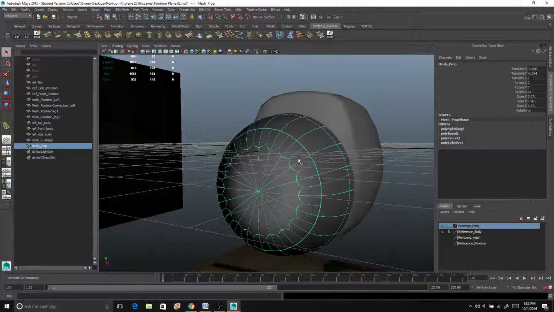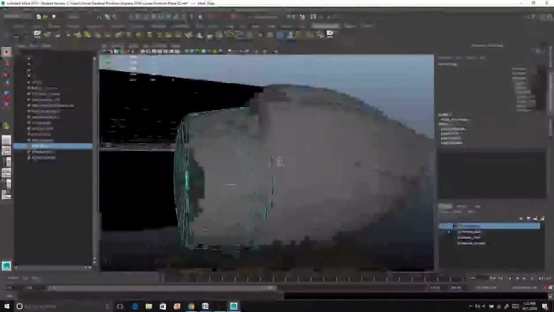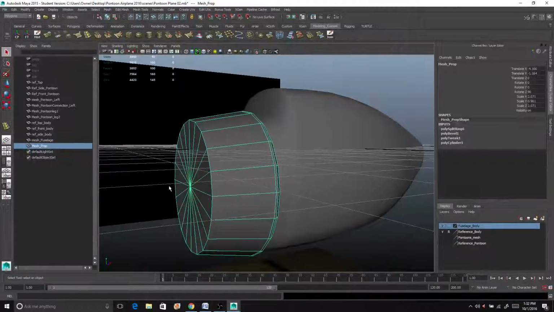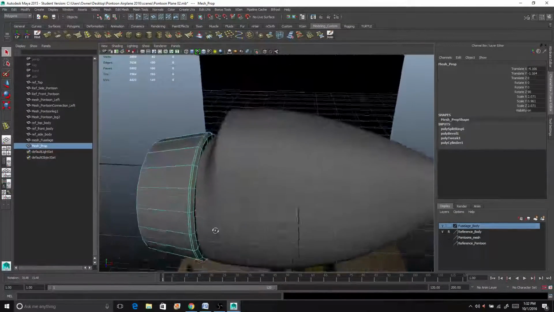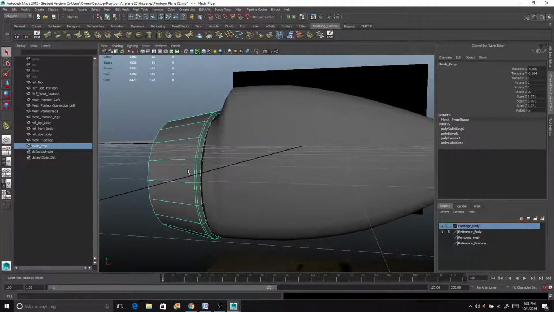Oh, it's because it's in smooth preview. Why is it behaving kind of funny right now? There we go. Thought it might have been my renderer, but sometimes it is. I guess when it's smooth, it doesn't want me to. It wasn't wanting to show me the green object mode. Anyways,